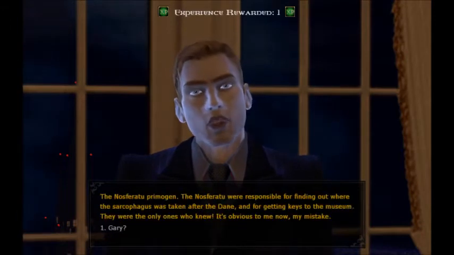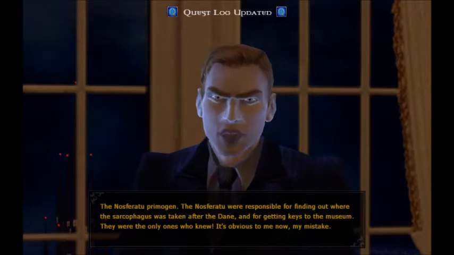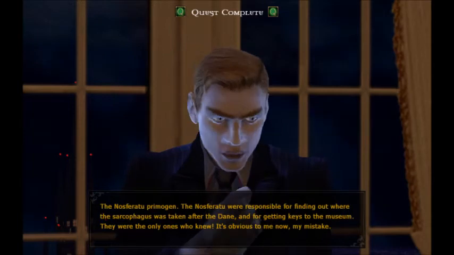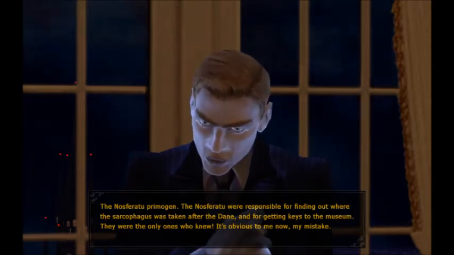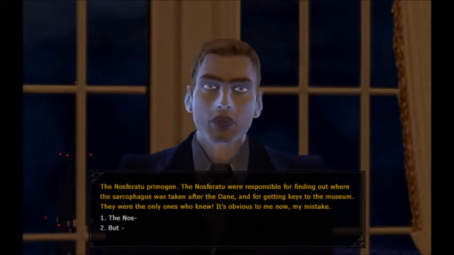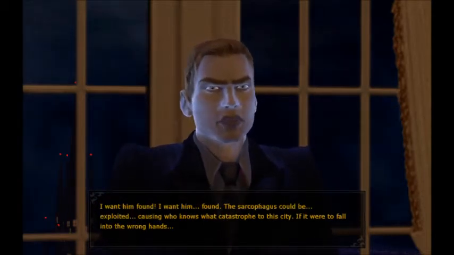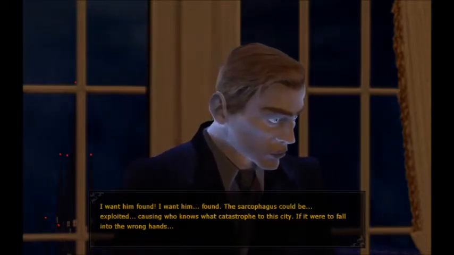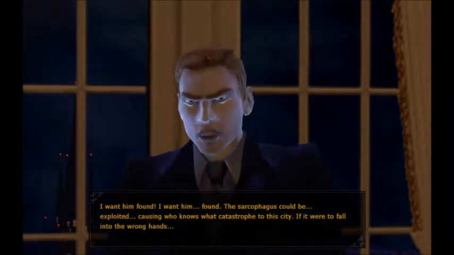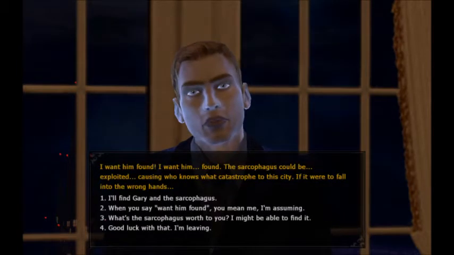So, who's Gary? The Nosferatu Primogen. The Nosferatu were responsible for finding out where the sarcophagus was taken after the Dane, and for getting keys to the museum. They were the only ones who knew. It's obvious to me now. My mistake. I want him found. The sarcophagus could be exploited, causing who knows what catastrophe to this city. If it were to fall into the wrong hands...